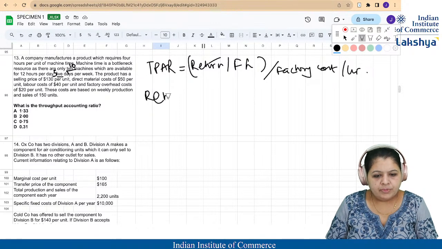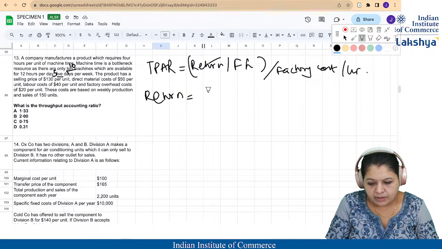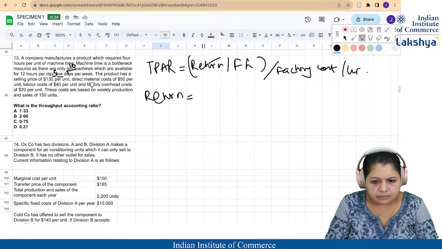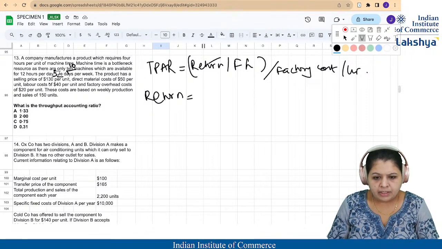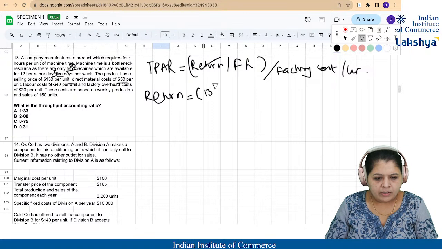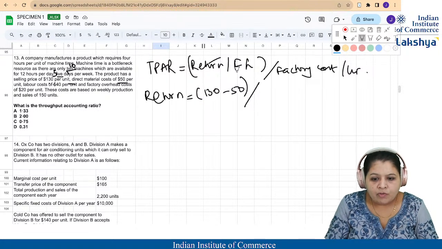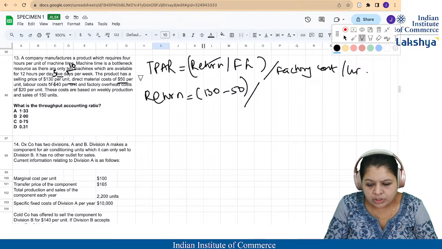Your return per factory hour is going to be, where are your values? Yeah, 130, because it is just the factory hour. So you're just going to take the 130 and deduct your direct material cost from it, right? So 130 minus 50 and divided by the number of hours that are required, which is given in the question,